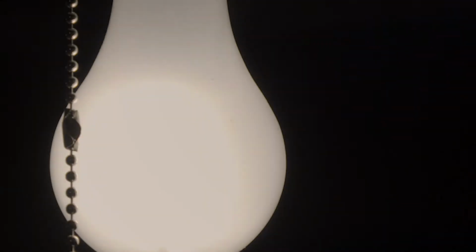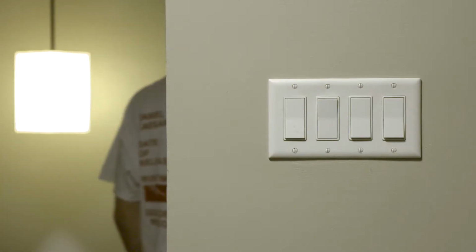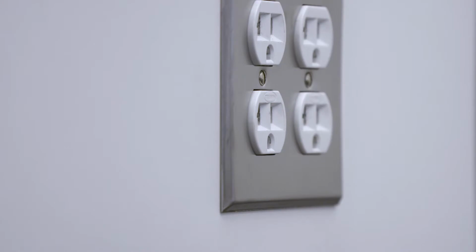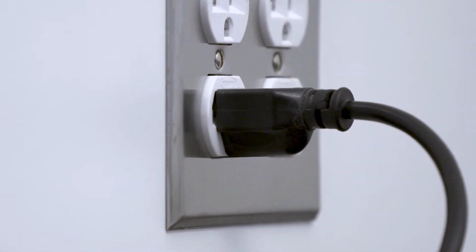One second you're in the dark, the next, it's bright. Turning on a light switch feels like magic. Well, it's more magical than you might think. Electricity is always there when you need it, but did you know it makes a long and interesting journey before